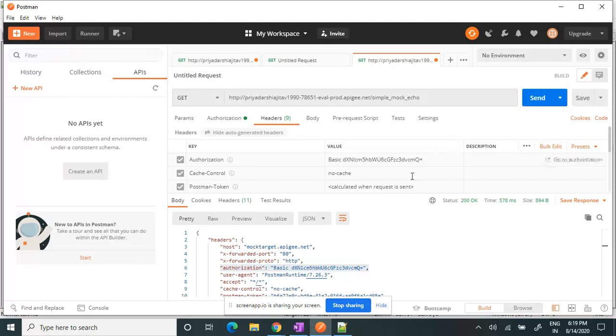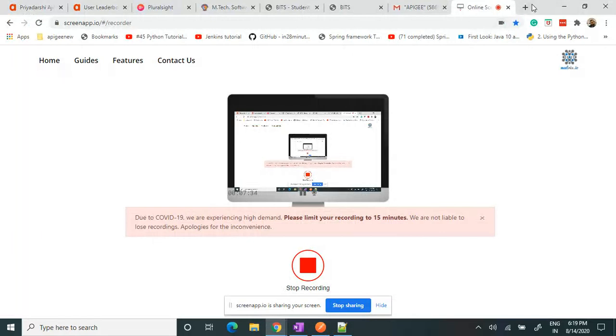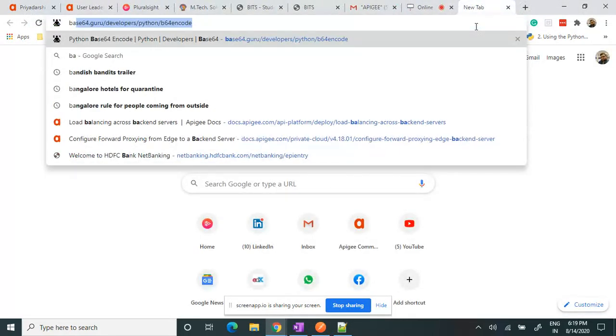This is how we set the authorization and do the basic authentication process. And I will show you, other than Notepad++, you can also use a browser to do the base64 encoding.